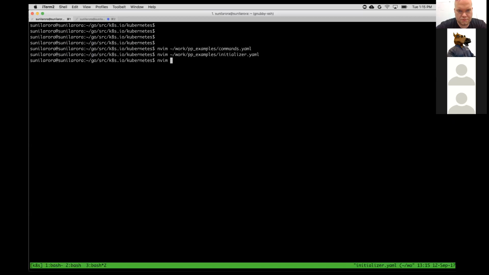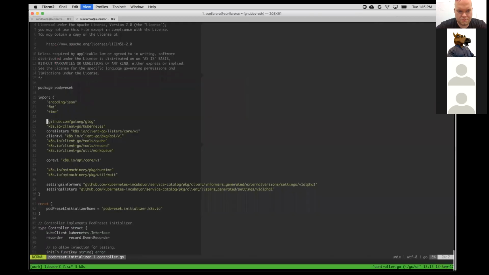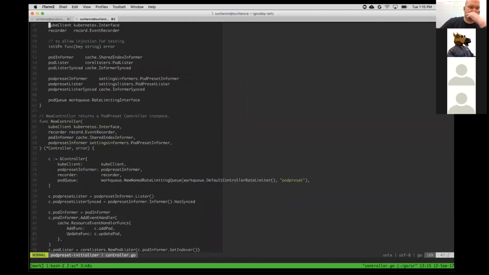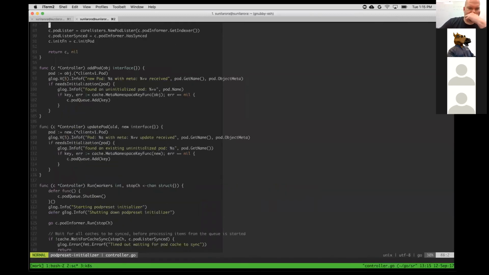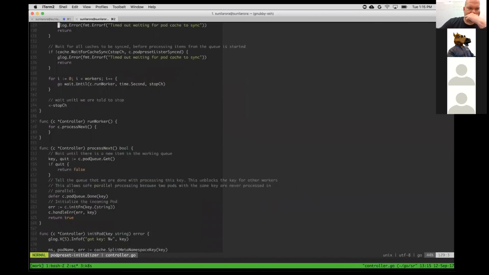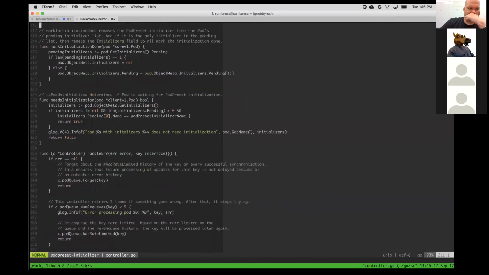I was thinking I can quickly show the example. So this is the code that I have as a controller, and in the controller, what it is doing is it is listening for all pods, and it is looking at whether this pod needs initialization or not. And the way it is doing that is it's looking at the pod object metadata, it's fetching the initializers,